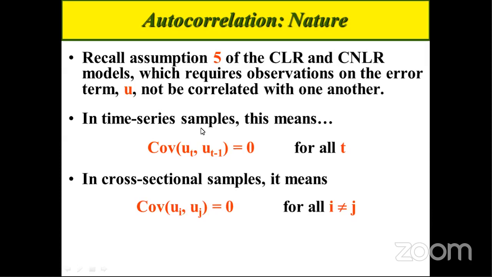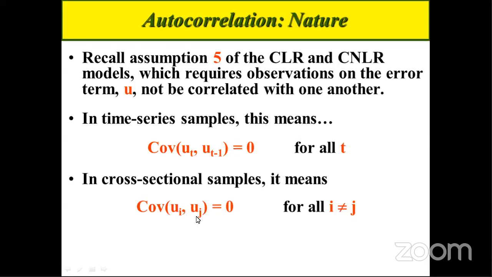So if our data is time series type of data, then we can express this no autocorrelation as the covariance between ut and ut minus 1 is equal to 0. That means we are estimating the relationship, the correlation between ut and ut minus 1, and that correlation or the covariance is assumed to be 0. Whereas in case of cross-sectional samples or the cross-sectional data, then the covariance between ui and uj,